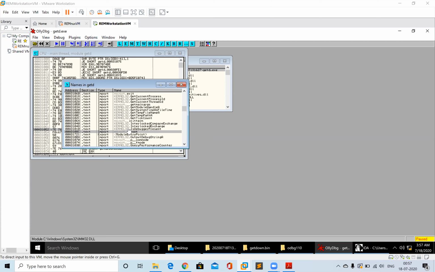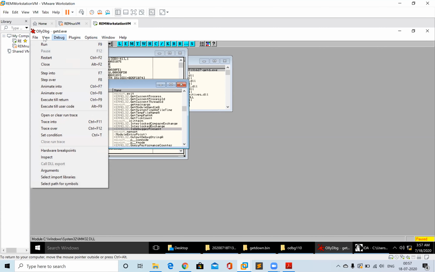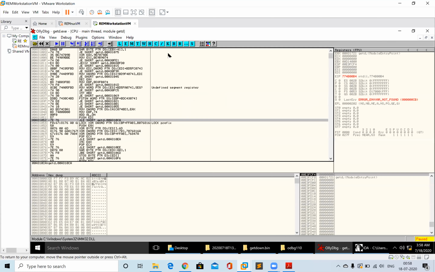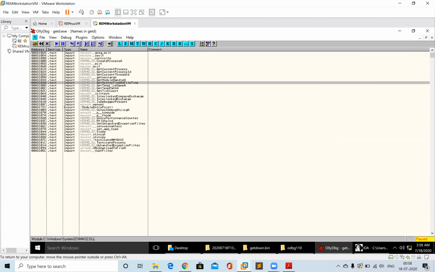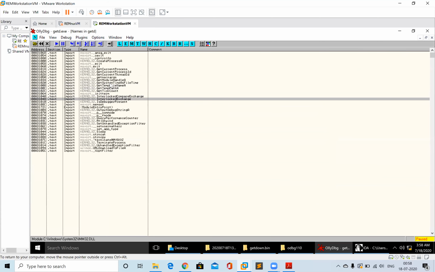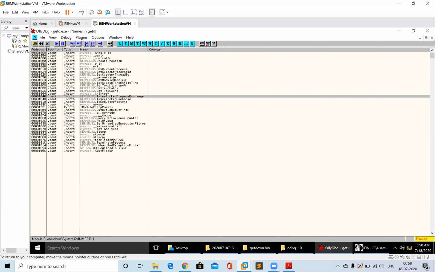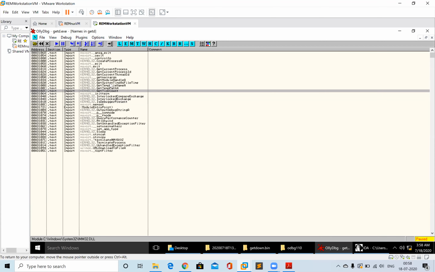Okay, so right here, what I did was I went to the names window. First I went to the view, went to the executable, and then to that .exe file. From there, if you do a control N in OllyDbg, you will be able to see what all functions are getting called from this exe file. Over here, we clearly see that from kernel32.dll, the function IsDebuggerPresent is called, and we can also see kernel32.GetTickCount.